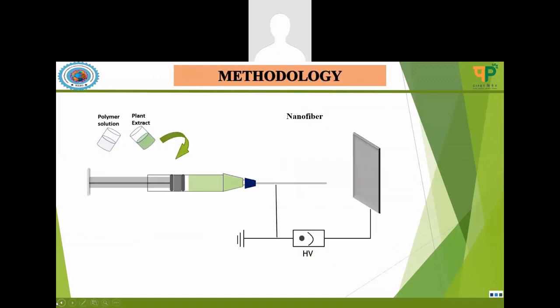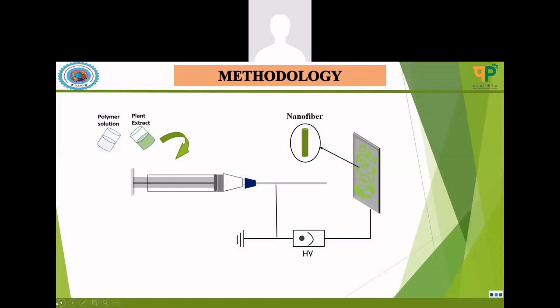Now, here we are telling you how the fabrication process starts. First, mixing of the polymer solution, the plant extract, and the magnetic extract has been done, and then a syringe has been used in which we have filled the solution. After filling, there is a high voltage application on the syringe tip, and with the use of high voltage, the first